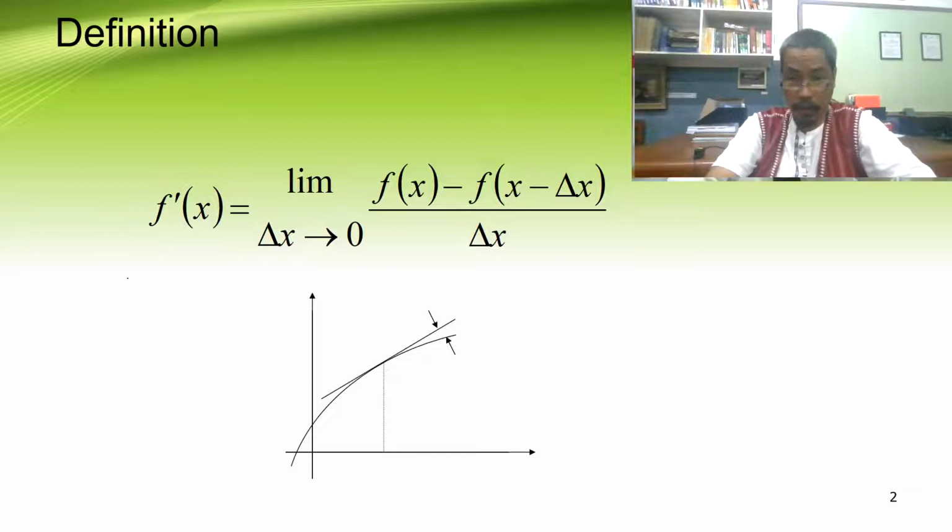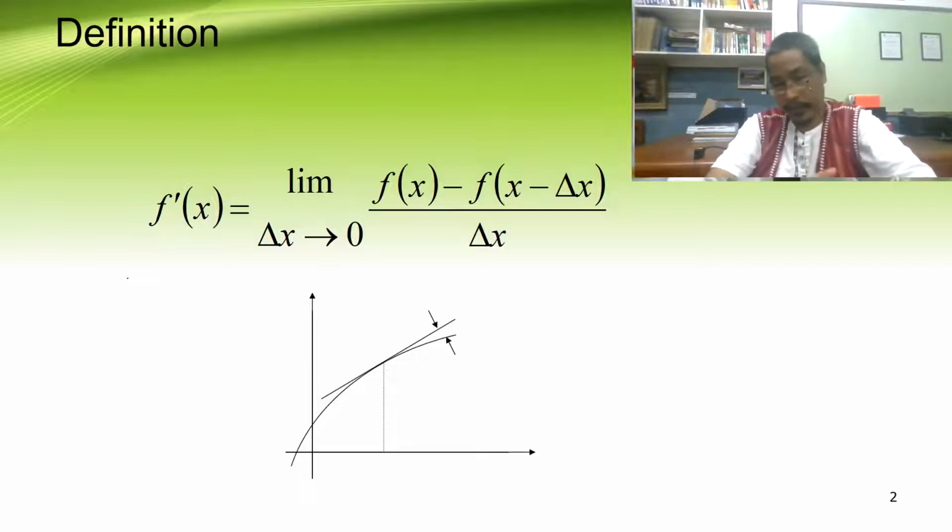We have the same result if we are using calculus, but if we are using a finite value of delta x, you will notice that the delta x here is actually negative. The delta x is negative. That's why, as you can see on the numerator, the slope or the first derivative is actually function of x minus function of x minus delta x. So you will see the minus